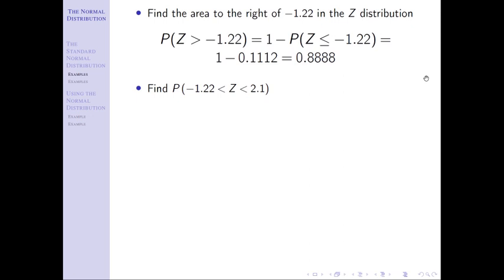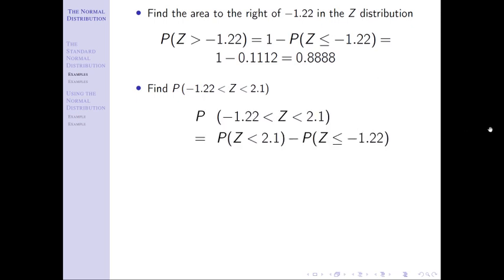How would I work an in-between? And the trick that we're going to use is that we're going to rewrite our in-between probabilities, where we're going to say it's the probability that z is less than the big number, then subtract the probability z is less than the smaller number. And it's going to look like this. And this is a little bit weird. You might want to pause and take some time to rectify this in your brain and make sure you understand what this is saying. A lot of people get confused because they want to put this number here and this number here, and it doesn't work that way.